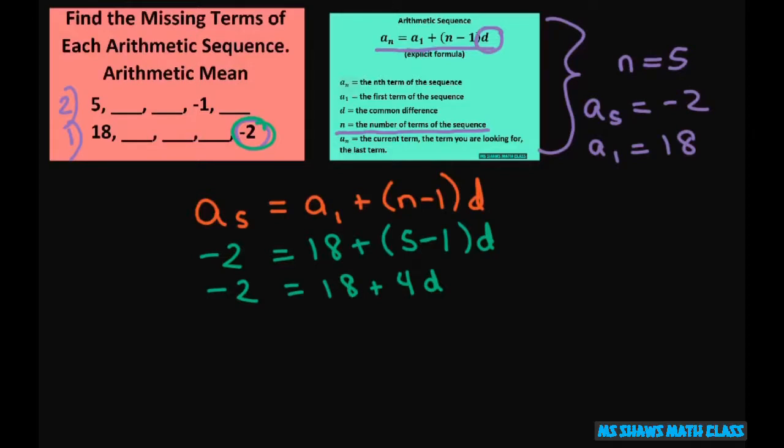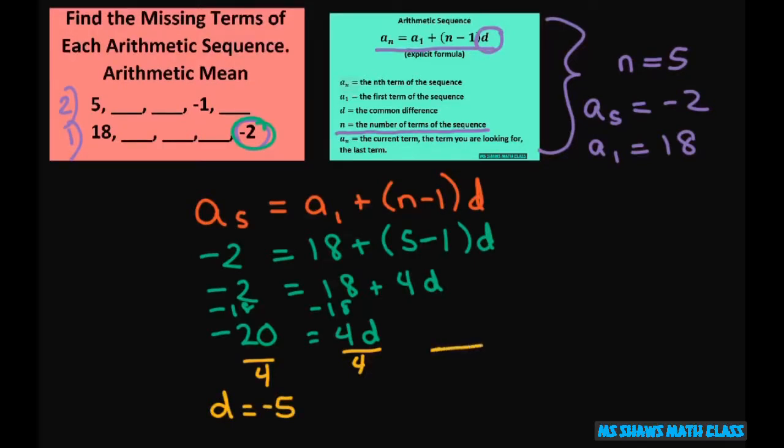So when you do that, you're going to get negative 20, since you're subtracting 18 from both sides, equals 4d. Then divide both sides by 4. And you get d equals negative 5. So now that we have that, all we do is write this out. We have 18, 1, 2, 3, negative 2. And you keep subtracting 5. So this is going to be 13,